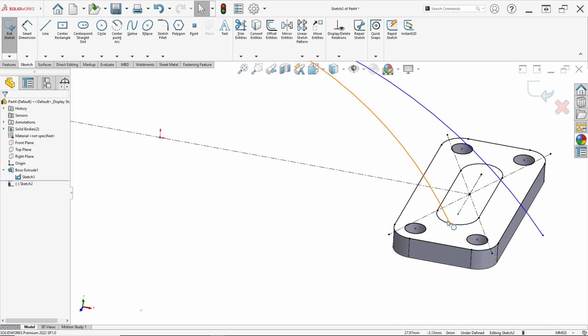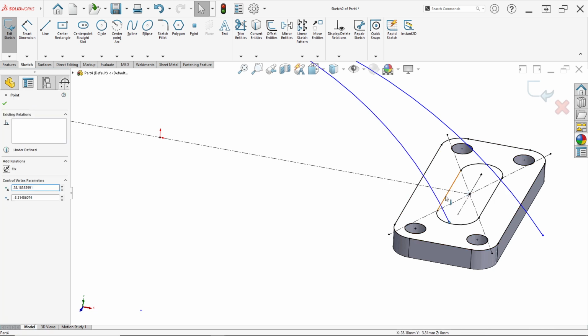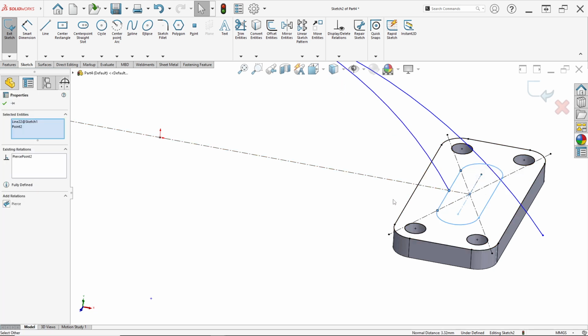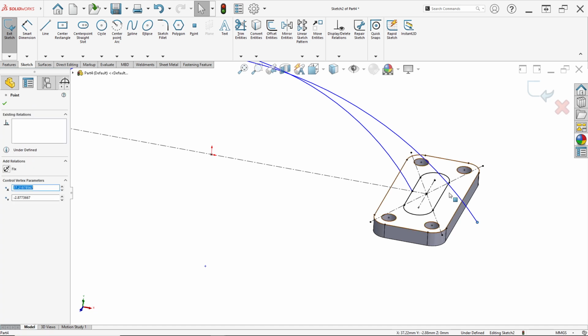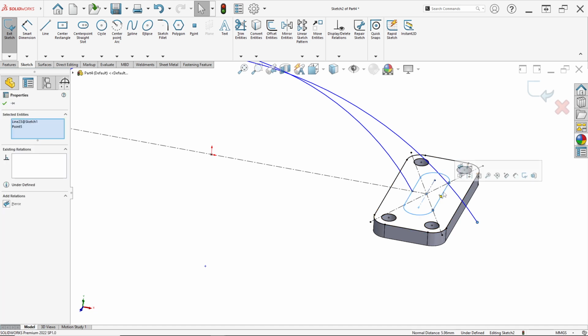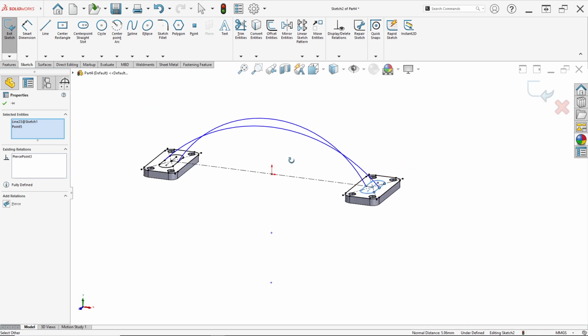So here too, you have to do the same: this point to this slot, click make pierce, and here this point to this slot, hold Control on your keyboard and click make pierce like this.